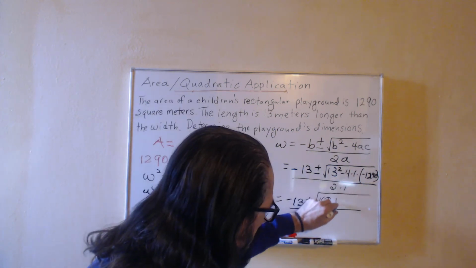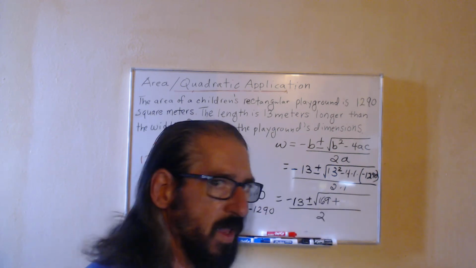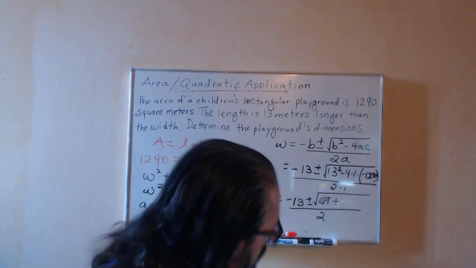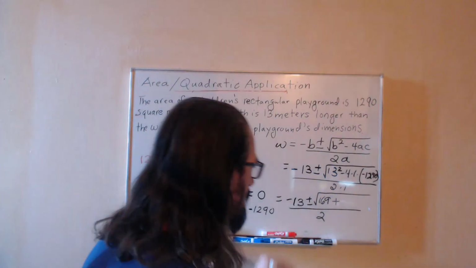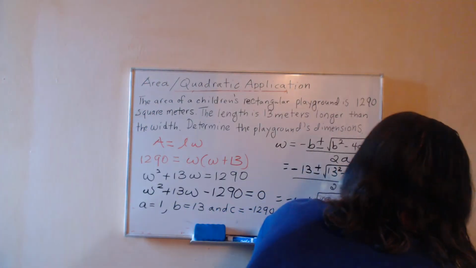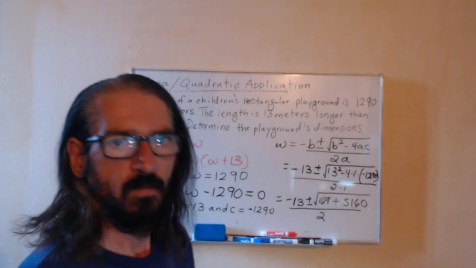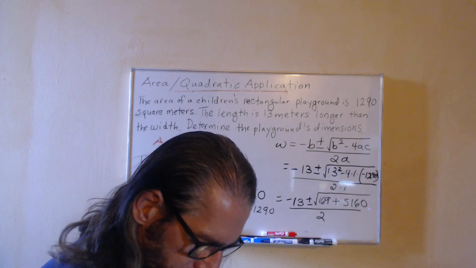So counting the fact that there are an even number of negative signs, so to speak, I know I'm going to be adding, and 4 times 1290 is 5160. So adding the 169 to that, I get